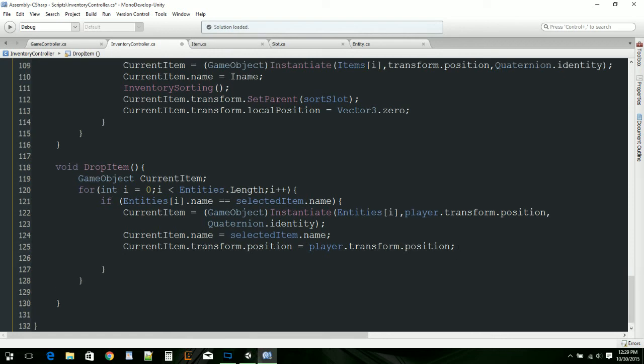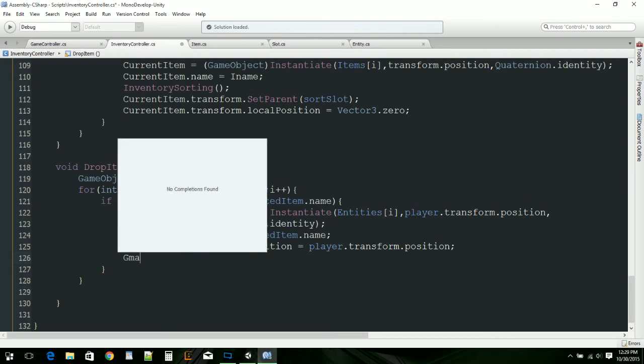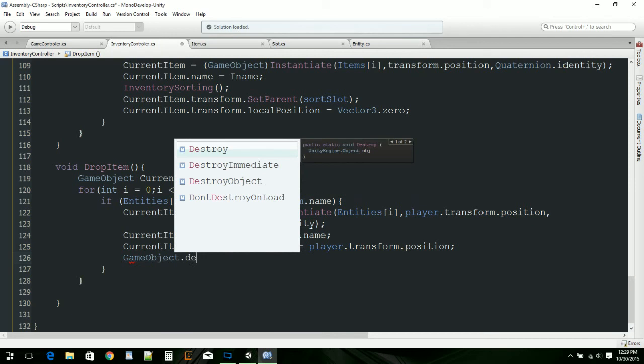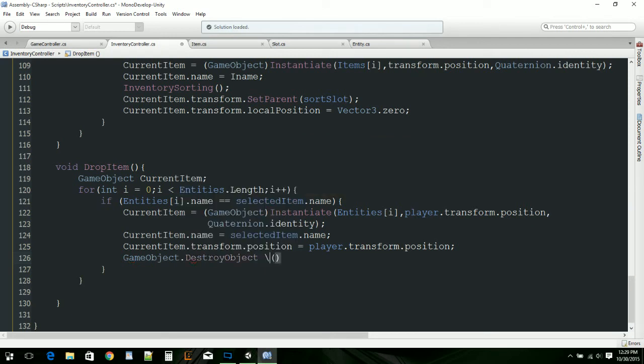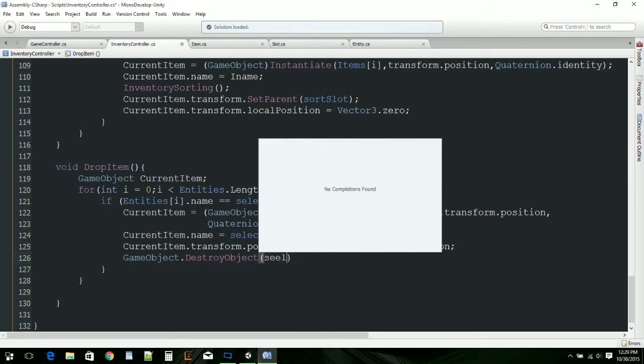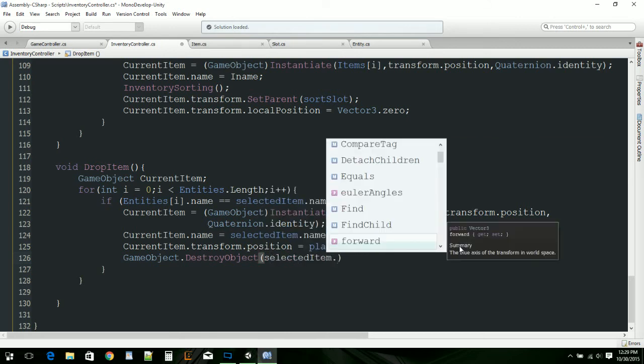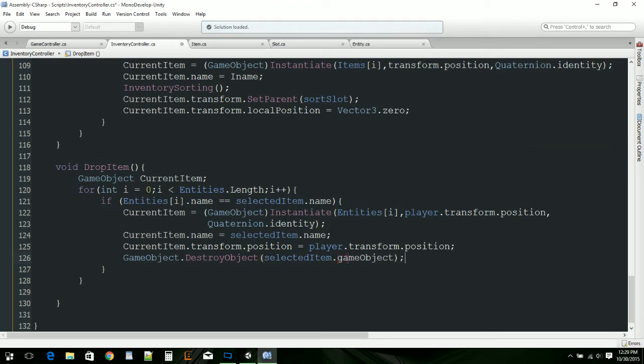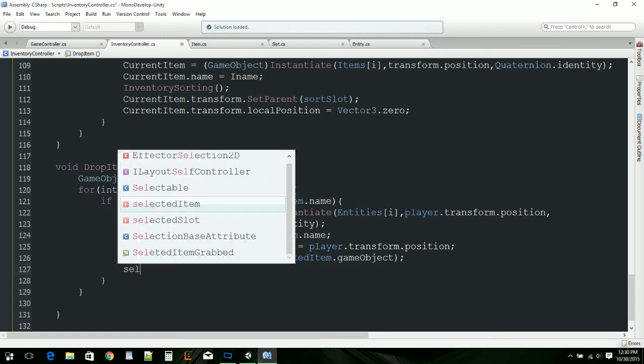So after that's all set, we need to delete it. So just say capital G GameObject dot Destroy, and this is going to be the object. So we need to destroy the selected item dot game object, because if we don't destroy it, then it will still be in the inventory. After we destroy it, we will get an error unless we do this. Unless we say the selected item